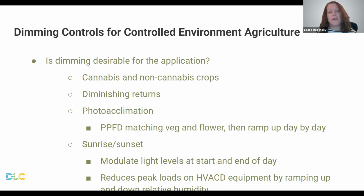So certainly, if you can tune your lighting system to prevent these diminishing returns, and that requires careful observation of your crop, understanding when you can dim down, you can certainly have a more optimized grow. Growers may also be interested in using dimming